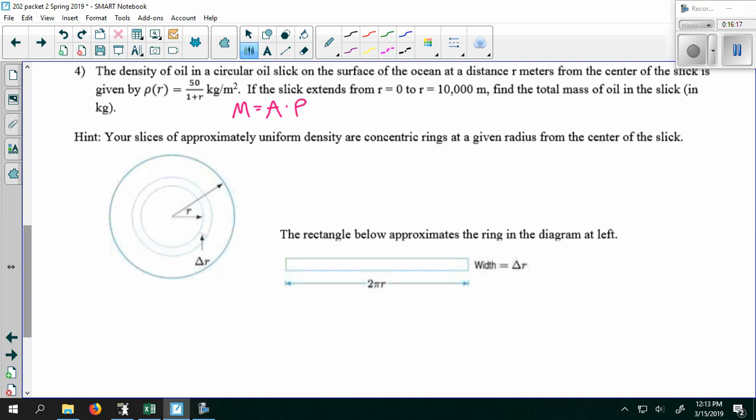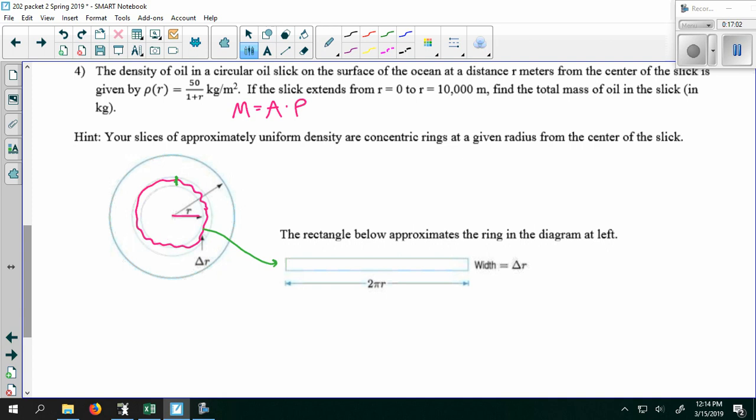So our slices of approximately uniform density are concentric rings because the further we get out from the center, the density changes according to this distance r. So I have these concentric rings where density will be approximately uniform. So this ring here has approximately uniform density. Its width is delta r. So I'm going a distance r from the center and then taking a small width delta r. And then I want to imagine cutting this ring right here. Take a pair of scissors and snip it and unroll the ring. And you get a rectangular